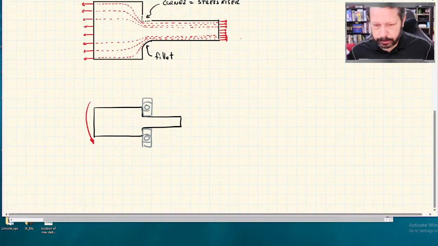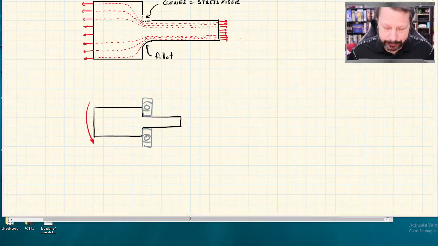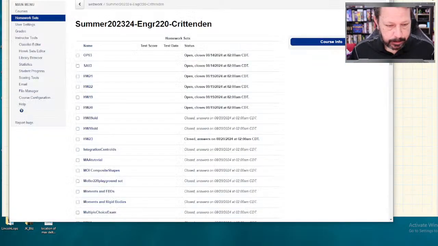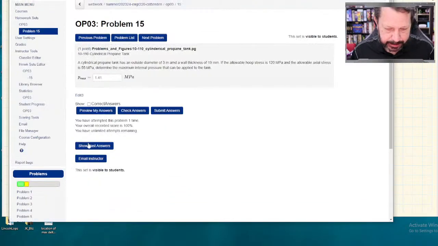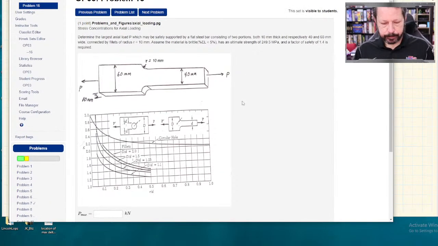All right, so let's go look at some of these problems. These problems are really straightforward. Web work, they are a little bit tricky in web work because there's a little bit of estimation involved. So this is, let's do optional 3, probably somewhere in the 15, 16, nope, we did that one last time. Here's one. All right, so this is basically what we just described previously, where we had the 2D tab that's,